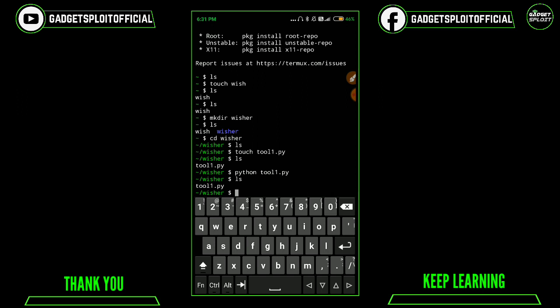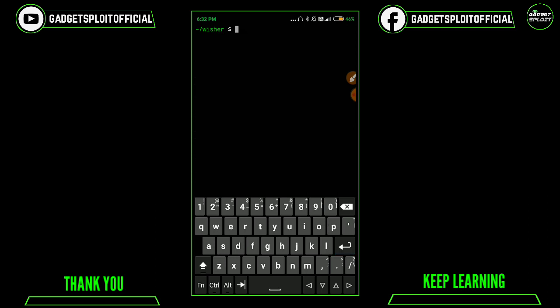So now it's time to explore the next command, that is the clear command. Suppose you had just created many things and typed a lot on your screen so that it's not looking good. Then you would like to clear it. Then you have to type this command, that is clear. After that, as you can see, you are still in the same directory, but whatever you just typed or whatever was on screen has been cleared cleanly.